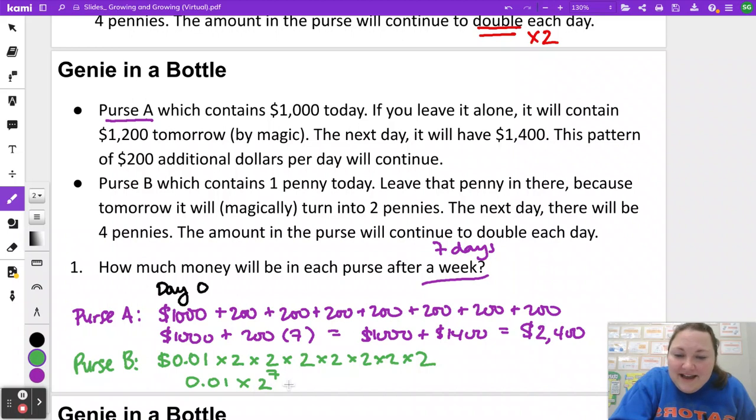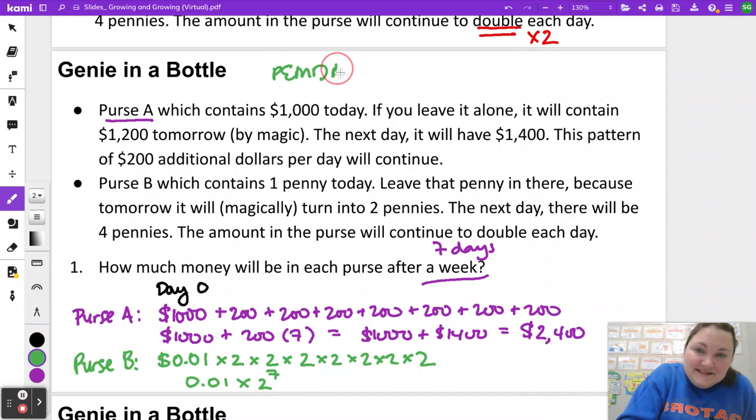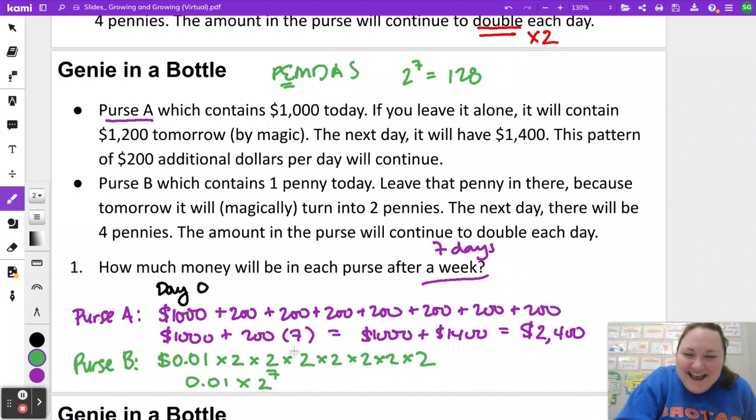Or I can use PEMDAS to help me out. It says I should calculate my exponent first before I do that multiplication. So I'm going to figure out that 2 to the 7th power equals, give me a second, 2, 4, 8, 16, 32, 64, 128. And so